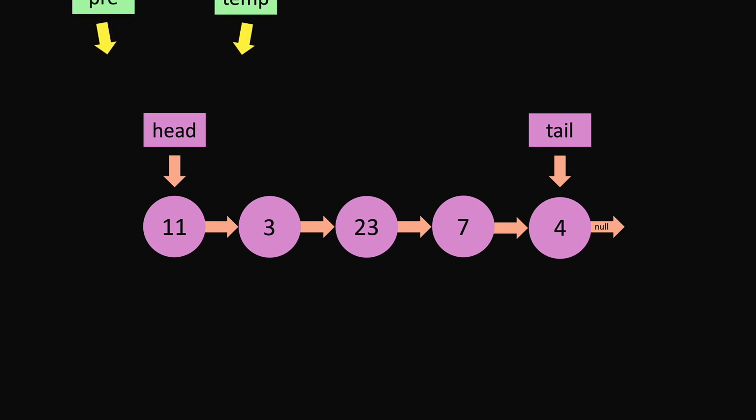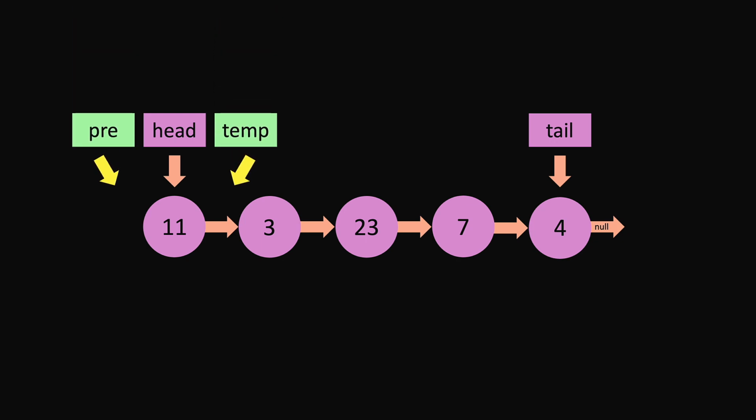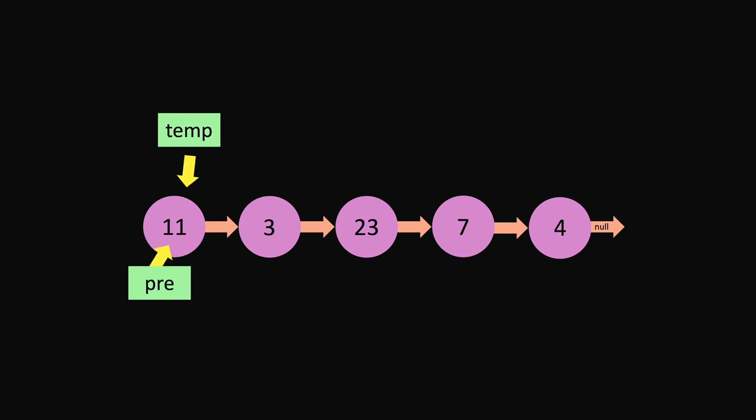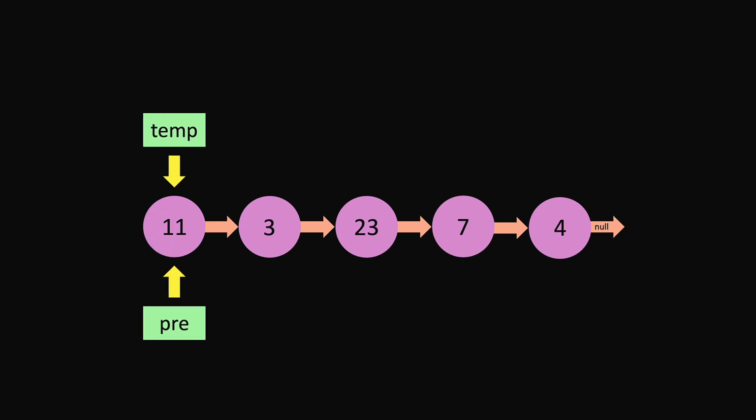We're going to start out by creating a couple of variables that I'm going to call pre and temp, and we're not going to need head and tail in the diagram for this. I'm going to move pre down underneath. And we're going to set up a while loop that says while